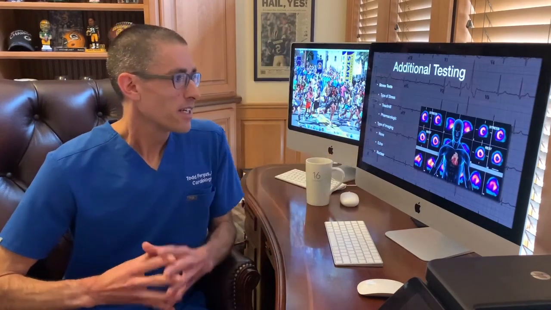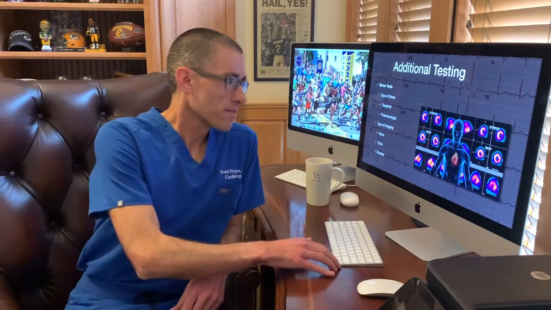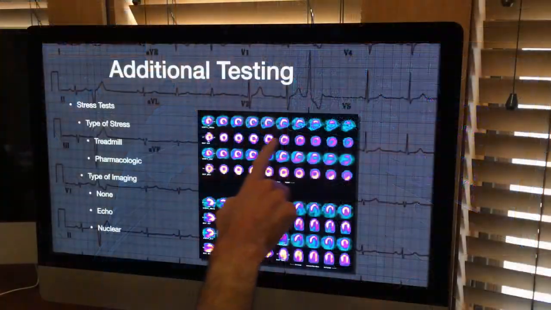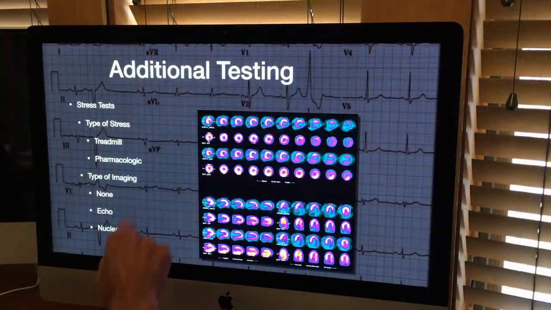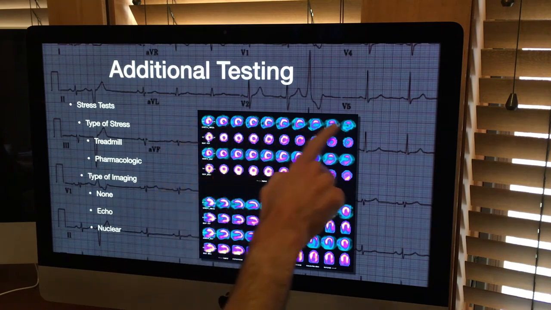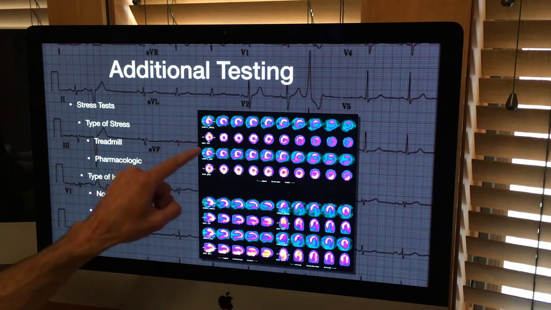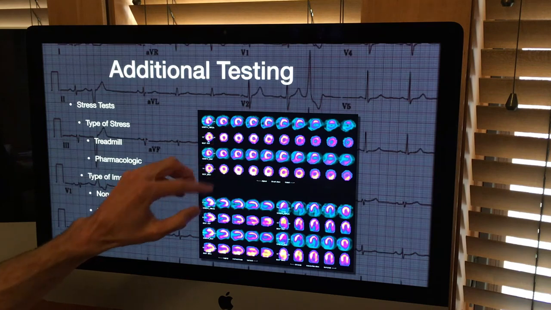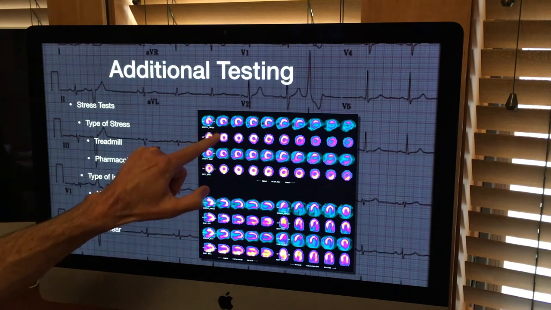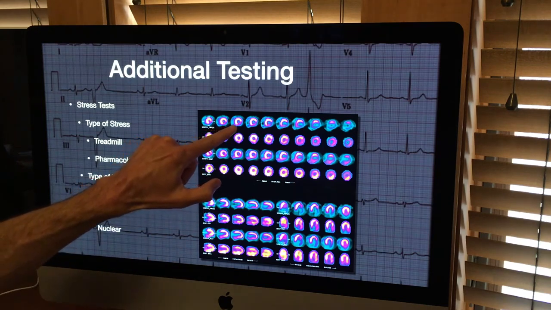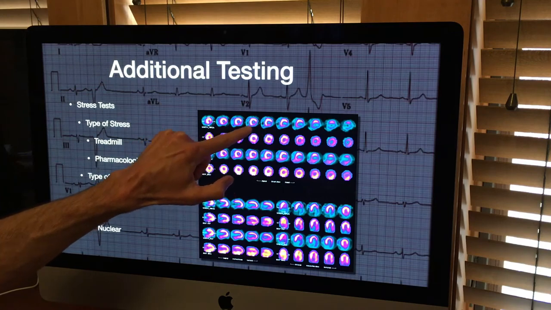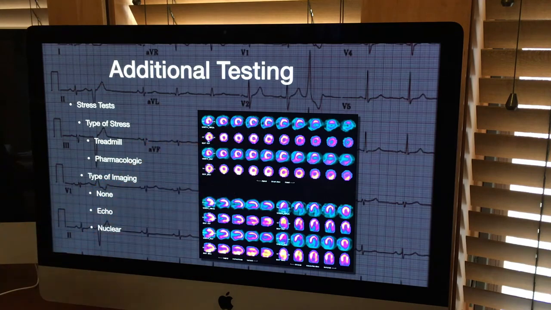This is a picture of a nuclear stress test where we have a row of images that we've obtained at rest, and then a row of images that we've obtained with stress. We should have a nice bright orange all the way around. And in this case, we have bright orange on the resting scan, and then a clear, darker area or a defect on the stress scan. That's what's called a reversible defect, and that would generally imply that there's a blockage in the coronary artery that